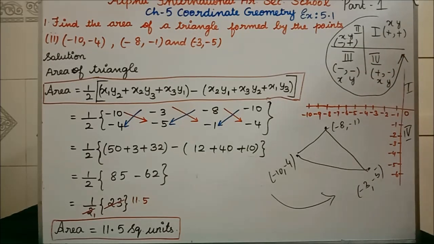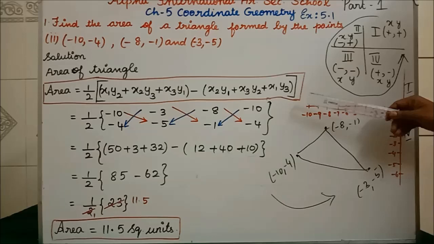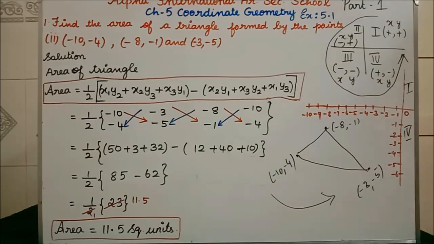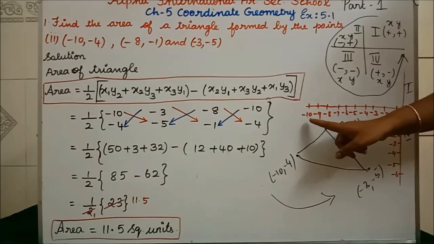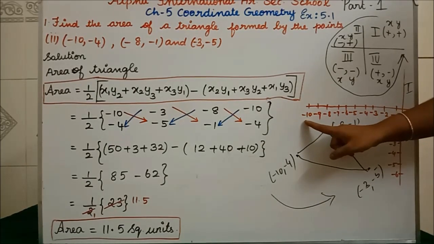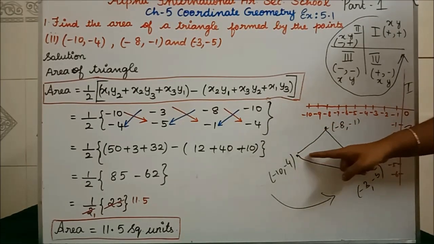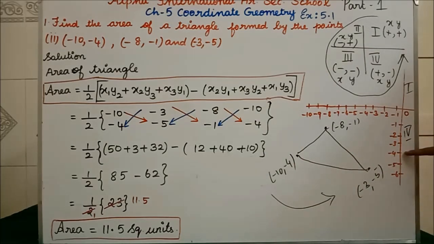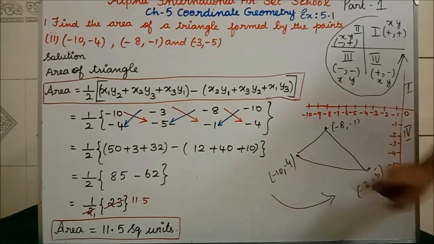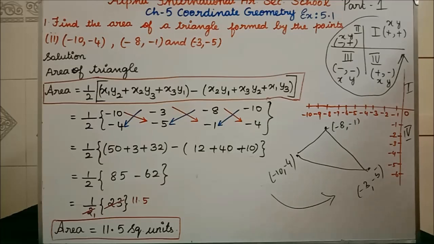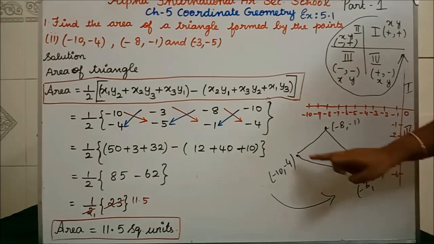So what we are going to do is, first you leave the first quadrant. I have not drawn anything in the first quadrant, and I have not drawn the second quadrant. Now see, I have drawn only the third quadrant alone. Now the first point is what? (-10, -4). In the x-axis you have to see minus 10, in the y-axis you have to see minus 4. So I have kept a dot here. You are going to draw roughly only. Minus 10, minus 4.